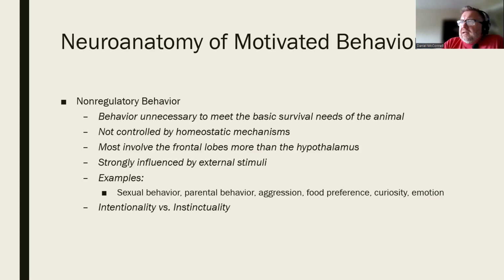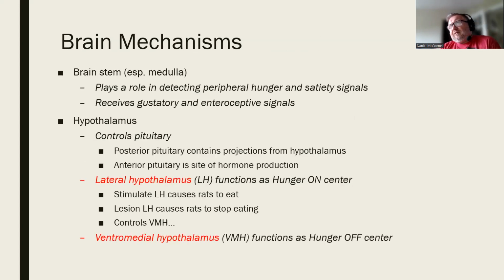Right. But let's talk specifically about the regulation of eating behaviors, right? What's the regulatory involvement here? So first, a few brain signals here. We have the brainstem, we have the medulla. This is part of the autonomic nervous system and parasympathetic nervous system. That's just going to keep all of those systems functioning all of the time, right? But one of the things that it does is it helps detect any deviation from our desired state. So if there's a hunger signal arising from the body, that signal is going to be detected by the medulla.